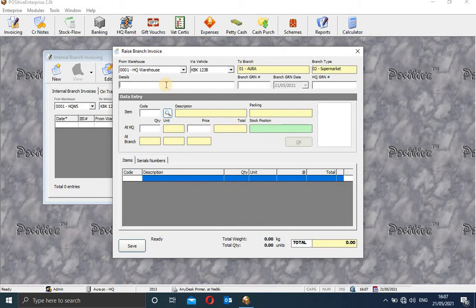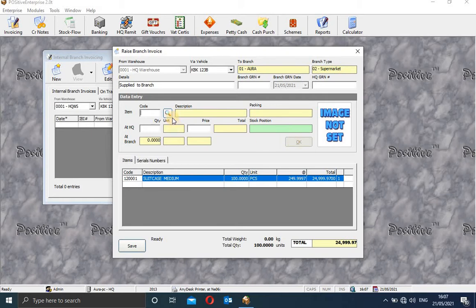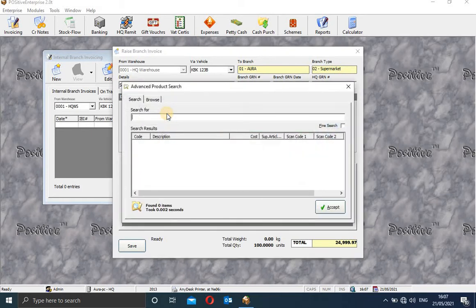Then from here I will say supplied to branch. That is where I will say supply to branch, and then I will start indicating the items that I want supplied to the branch. I can either put the code, let me say I'm doing 100. Or I can even select via searching.